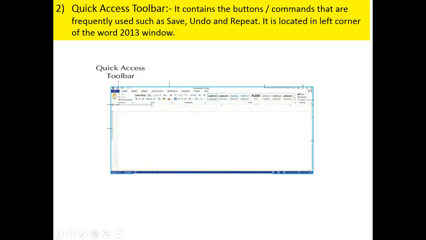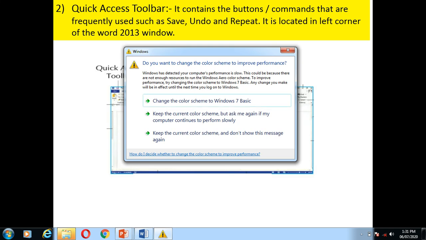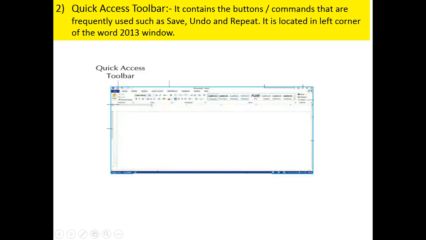Save button, undo button and repeat button. These buttons are used again and again, so they are located in the quick access toolbar.